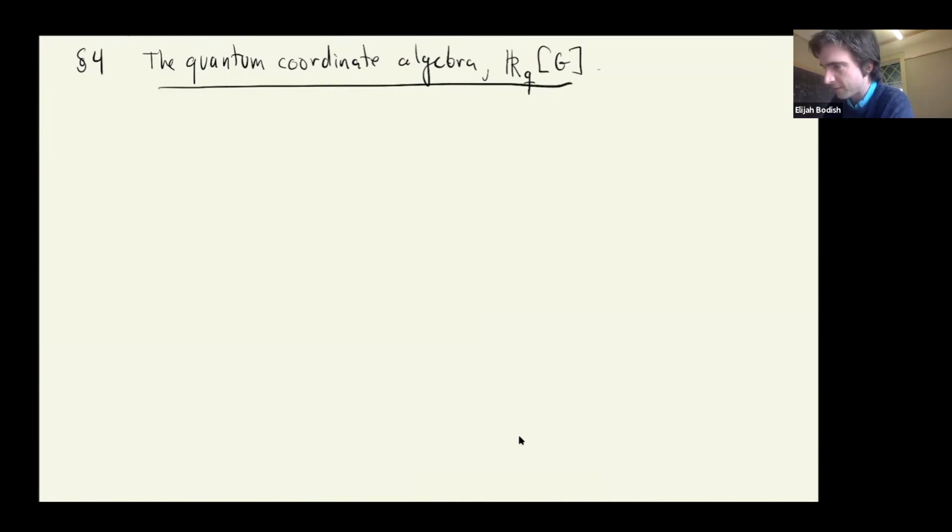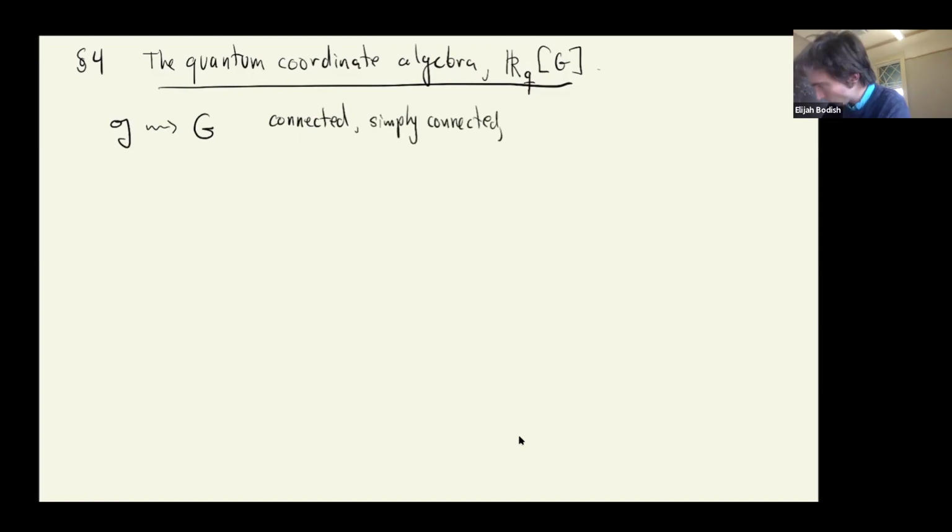It's maybe a little bit backwards to think about it, but this is just how it has to be, because in the quantum setting, we start with just the Lie algebra. And in the classical setting, we get from this a group G, which is connected, and we can take it to be simply connected, a semisimple algebraic group